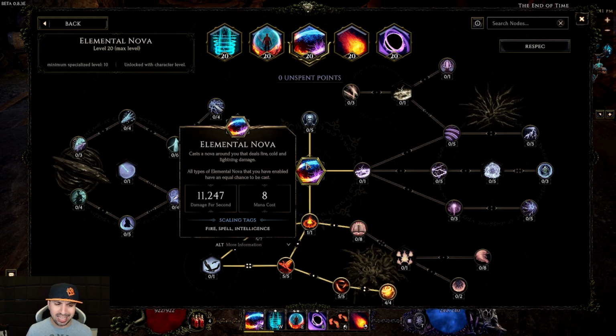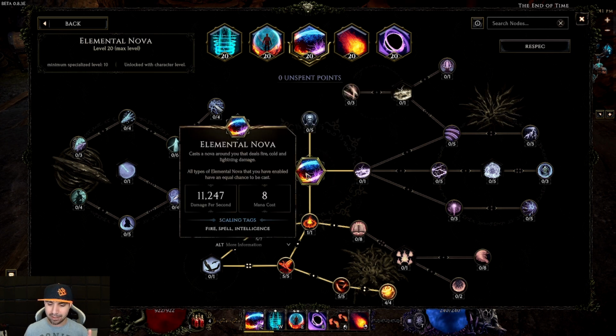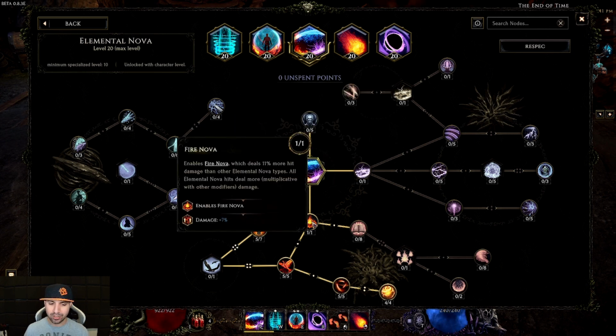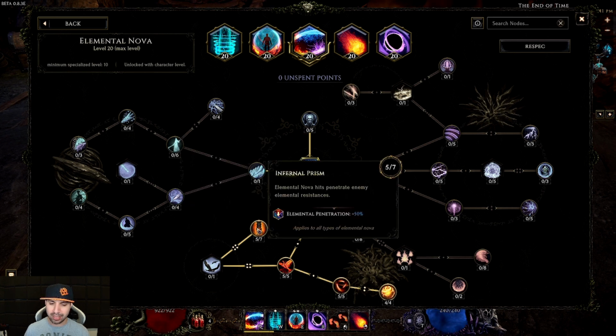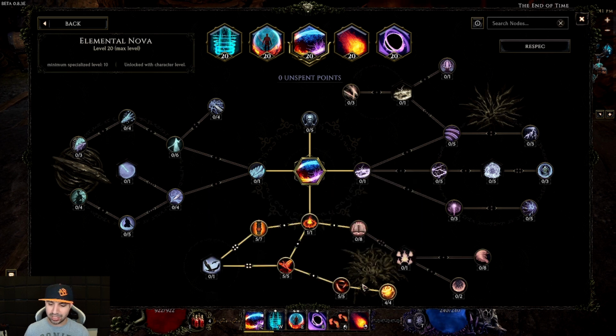Elemental Nova, and in my opinion, the best way to run Elemental Nova is fire. So obviously you can make this lightning, you can make this ice, but I like fire for a reason. You want 1 into enable Fire Nova, 5 into Infernal Prism, 5 into Ash Frenzy, 5 into Melting Nova, 4